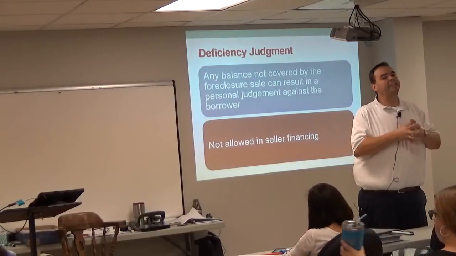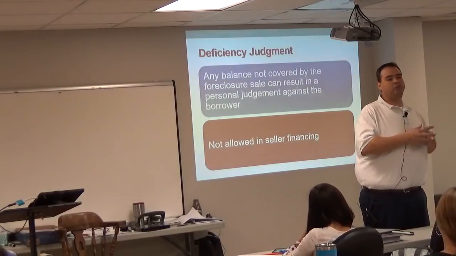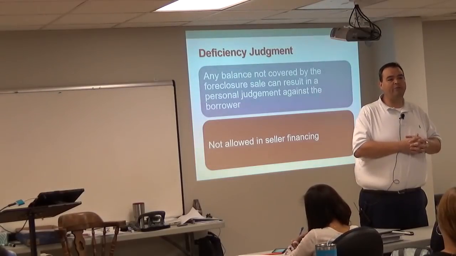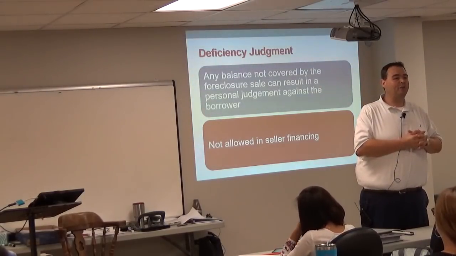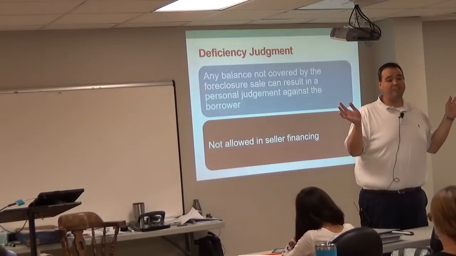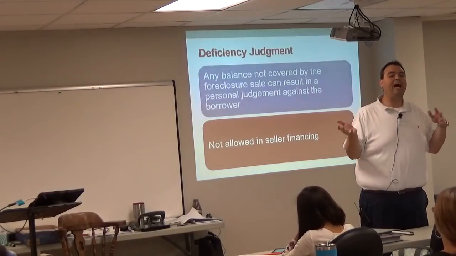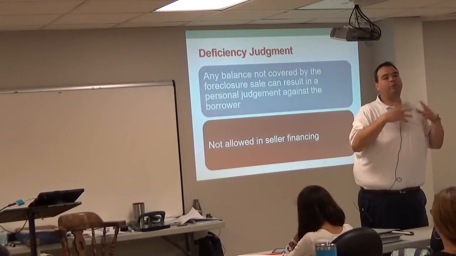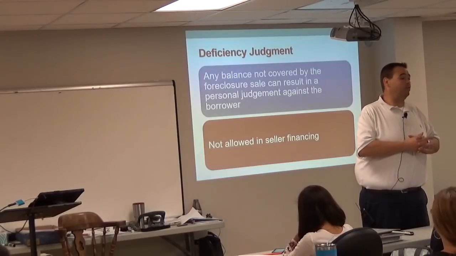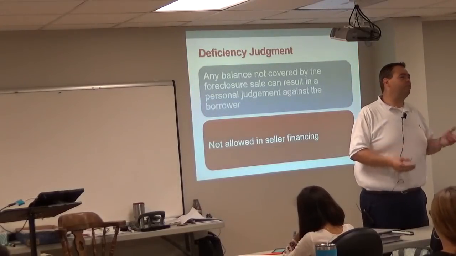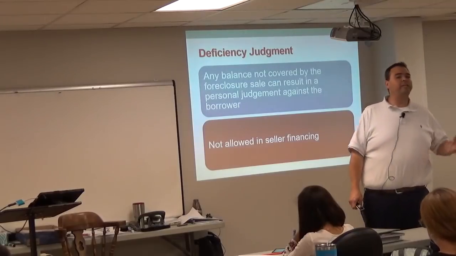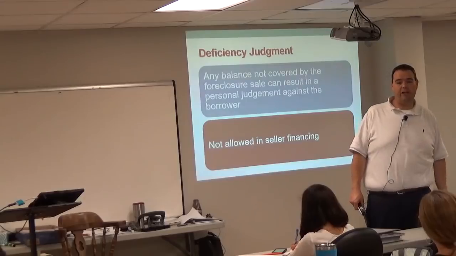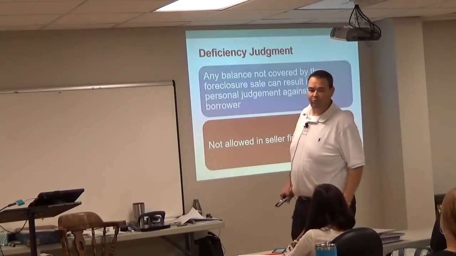In a seller finance deal, what did the seller enter the transaction with? The property. What are they walking away from the foreclosure with? The property. As far as the law is concerned, they've been made whole. They've gotten back exactly what they started with. And so that prevents them from having the right to get a deficiency judgment. Because it would sort of be unfair to get the property back and to still say this person owes you an additional $25,000, considering you already got the property back.